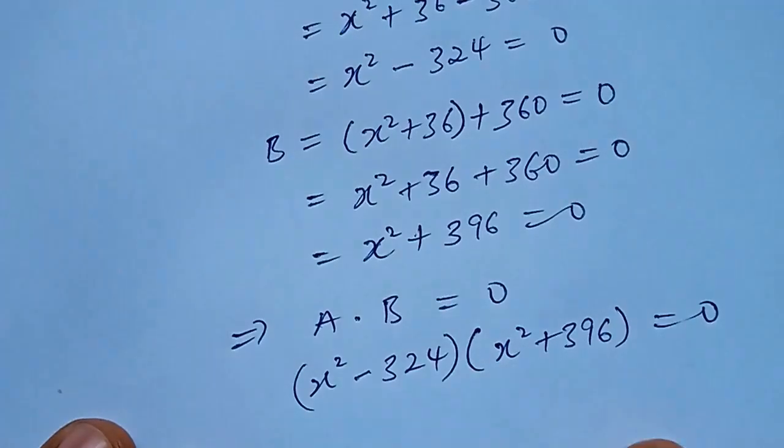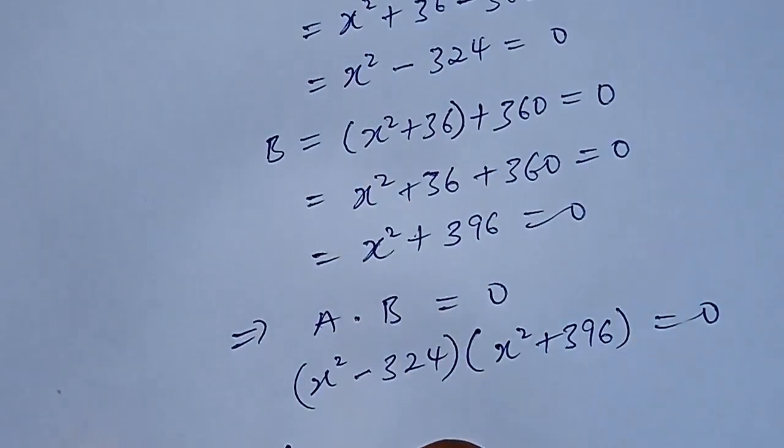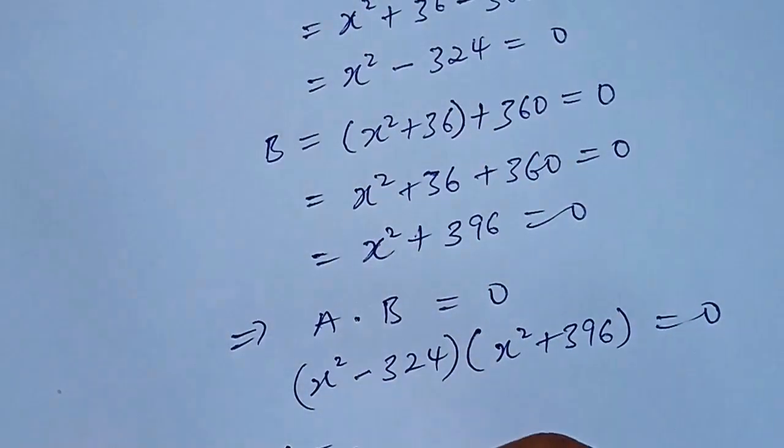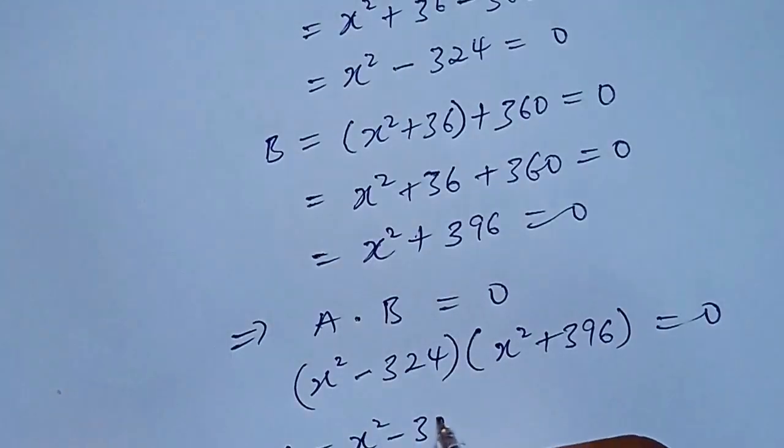We want to simplify this now, one by one, by equating a and b to 0. So from a, we have that x raised to the power 2 minus 324